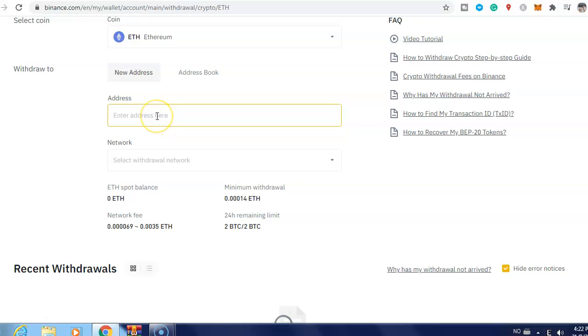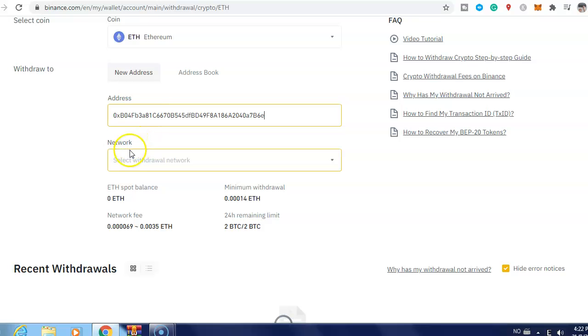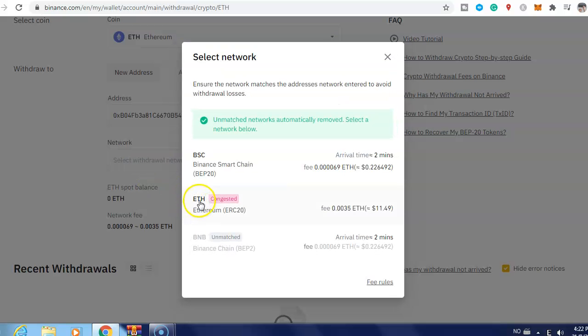Now the address, just paste the address that we copied from Metamask, and network, just click here and here Ethereum